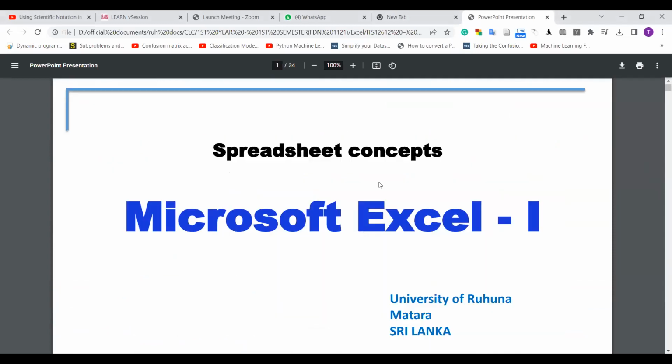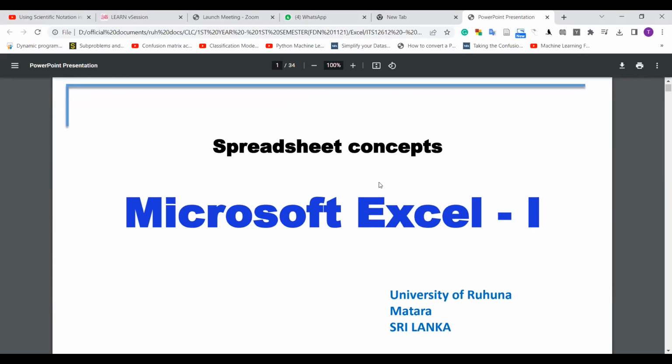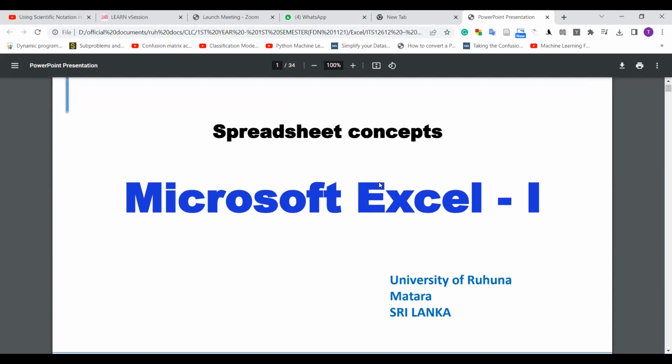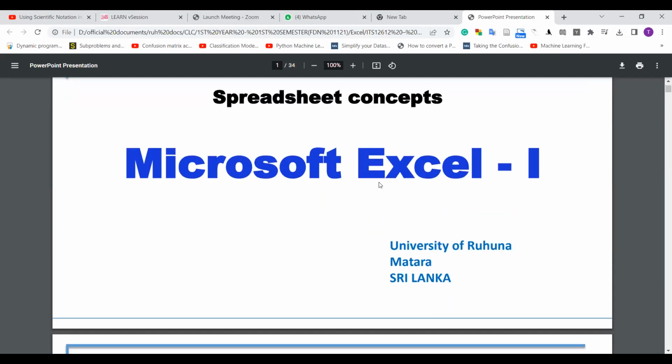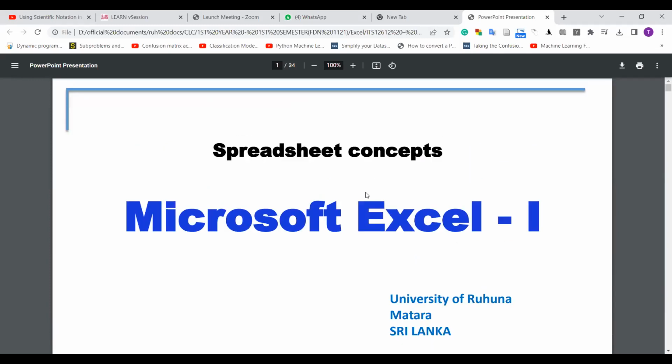Yes, sir. Okay, so from today we are going to start the Microsoft Office package, and this consists of Word, Excel, PowerPoint, and Access, and it actually contains more than that, but we talk about those four applications, right? Microsoft Word, Excel, Access, and PowerPoint. In this semester, we are going to talk about Excel, Word, and PowerPoint. From the next semester, I will start Access. Okay, so today I start